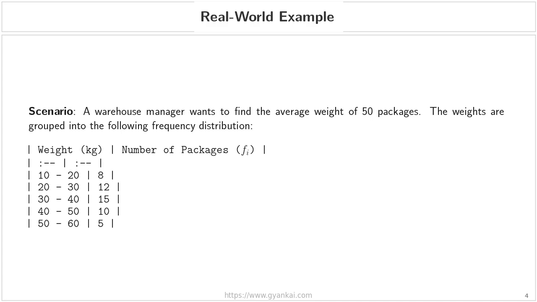Real-world example. Now that we understand the theory behind the assumed mean method, let's put it into practice with a real-world scenario. Imagine a warehouse manager needs to find the average weight of 50 packages. Instead of looking at every single package individually, we have this frequency distribution table, where the first column shows the